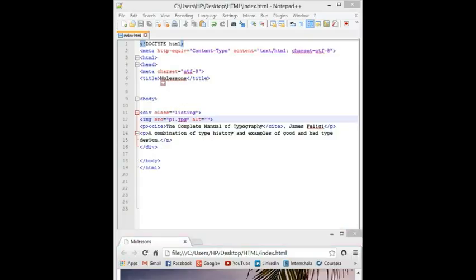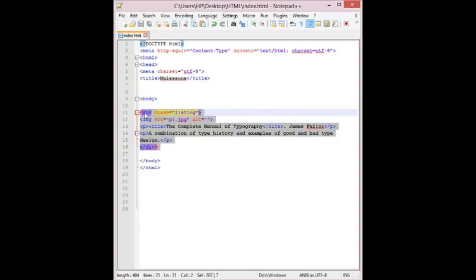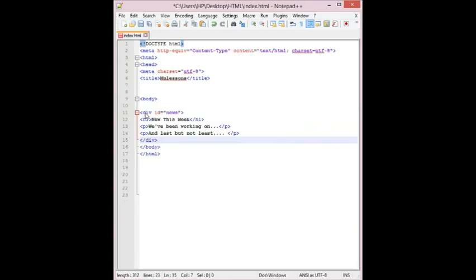Here is another common use of div, which is to break a page into sections for layout purposes. In the next example, a heading and several paragraphs are enclosed in a div identified as the news division. Let me show you the example. So let's save and run it in the browser.